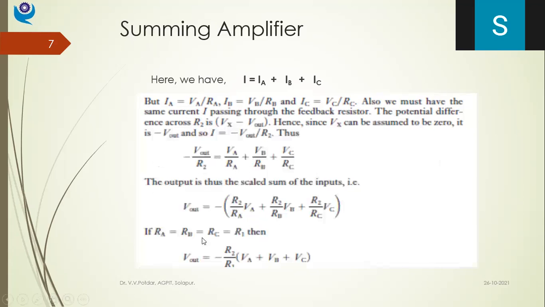So if I select RA is equal to RB is equal to RC is equal to R1, then Vout will be equal to minus R2 by R1 into the bracket VA plus VB plus VC, with R1 taken out common. The inputs I receive from the sensor transducer, I will sum them, adding them together. And if I want scaling, I select R1 and R2 accordingly, say twice. For example, 200 ohm divided by 100 ohm will give me a scaling ratio of 2. So twice the sum and an inverted output I will be getting, the sum of all these inputs. So I think we'll stop for today.